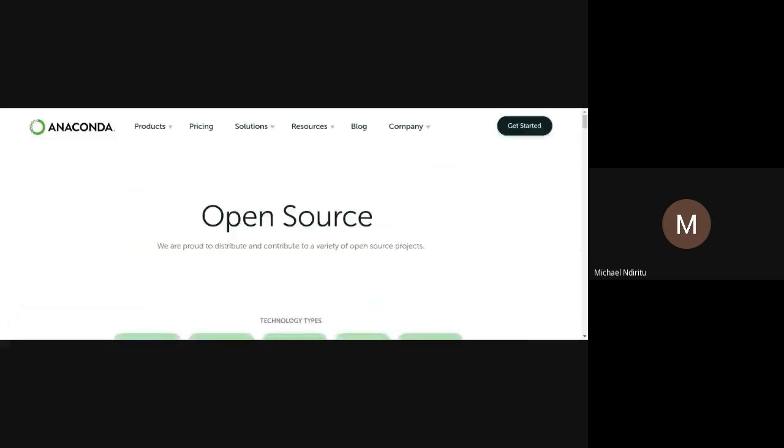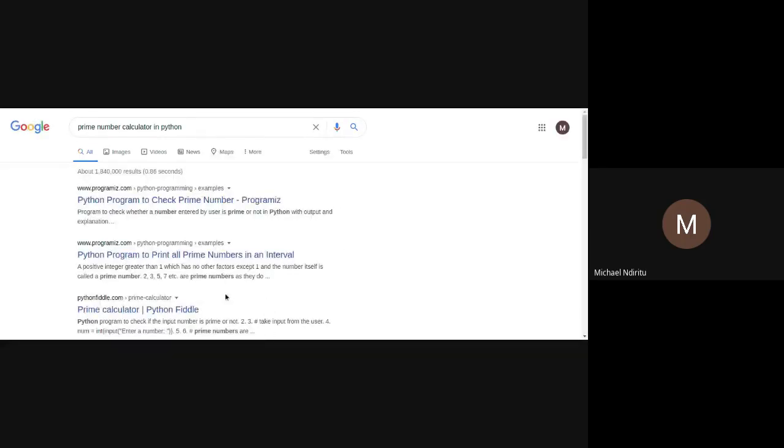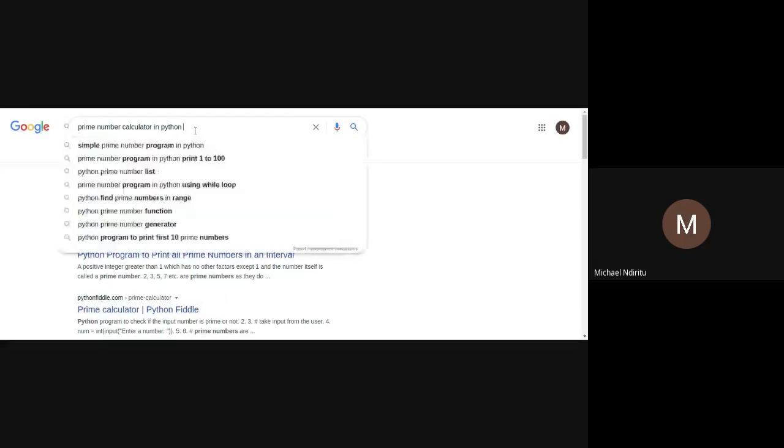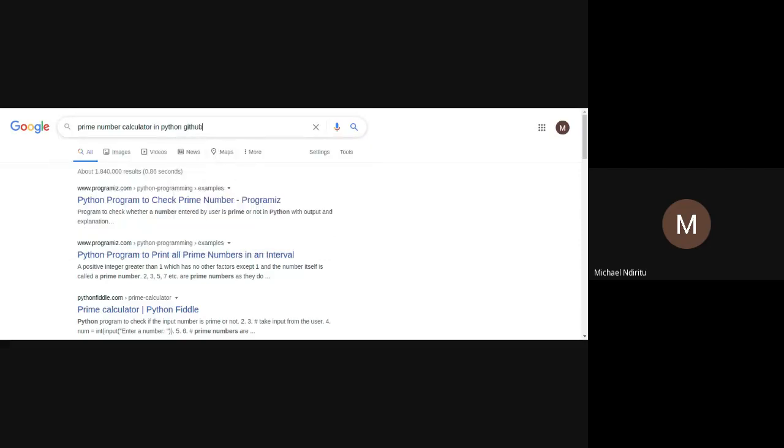So here I'm just going to look for a Python project, simple ones, like maybe a prime number calculator in Python, for GitHub, or maybe we can just do one of our own.